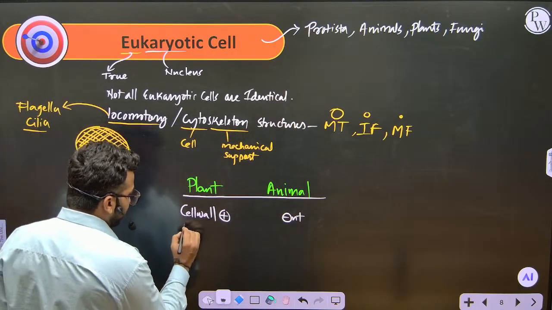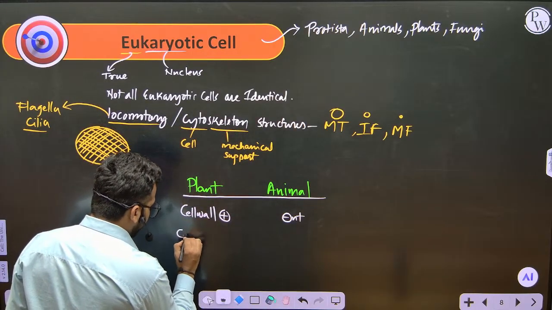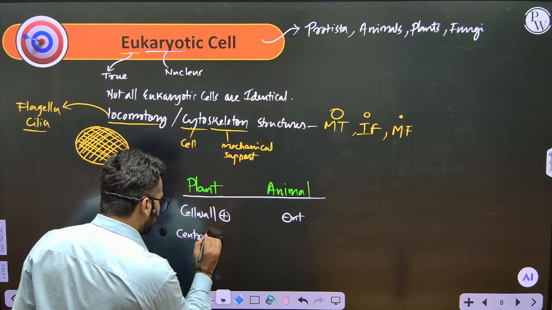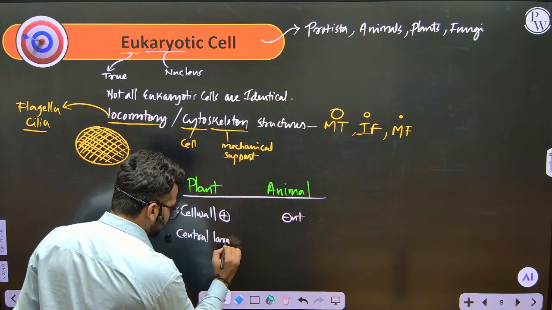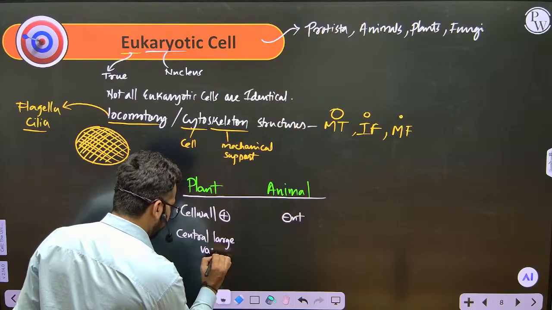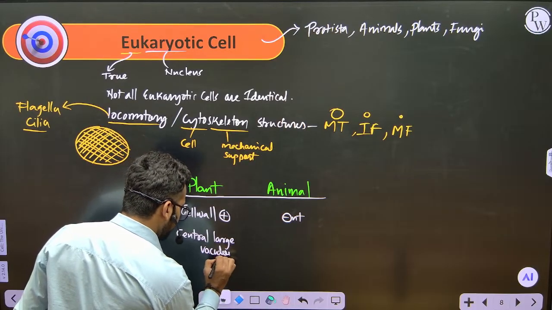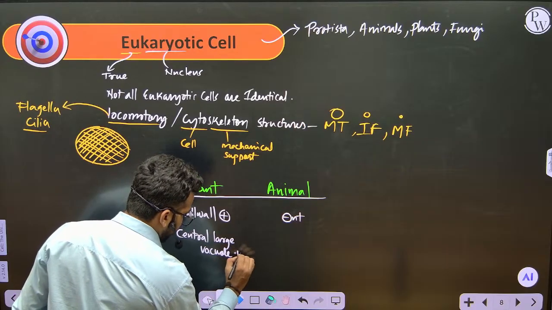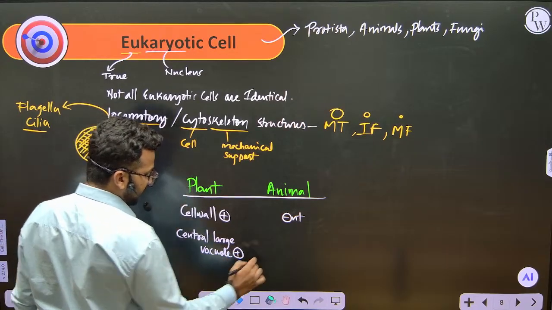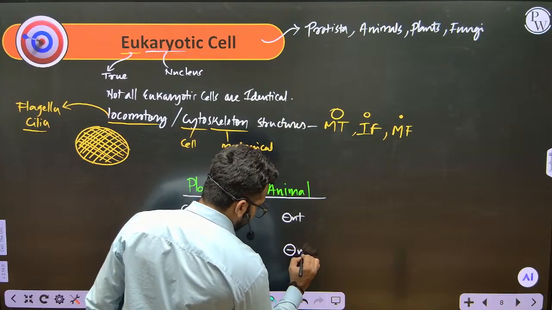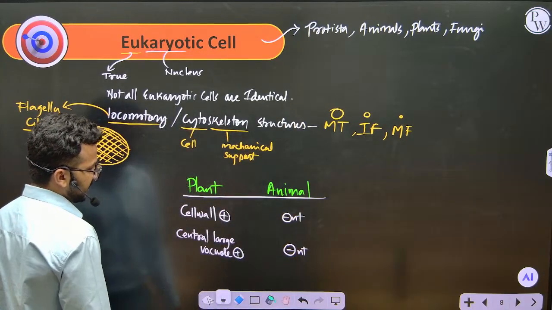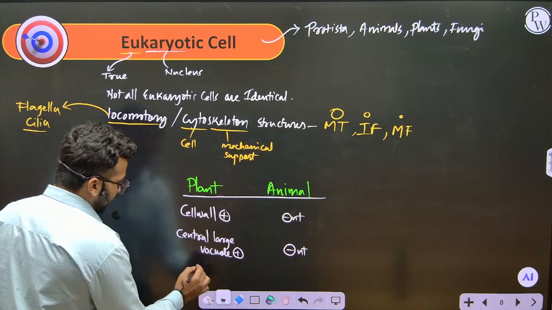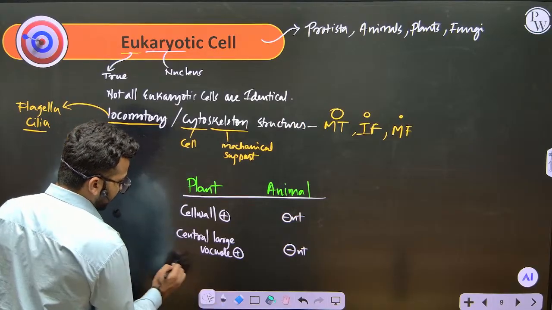In the case of plants, a central large vacuole will be seen. It is present in the plant cell, but a vacuole usually will be absent in the animal cell. And one more thing is,